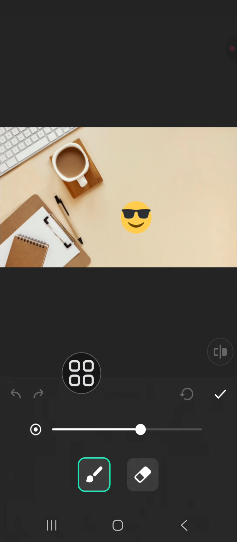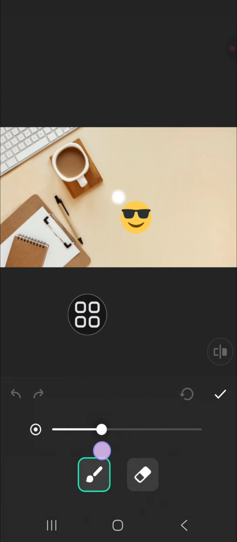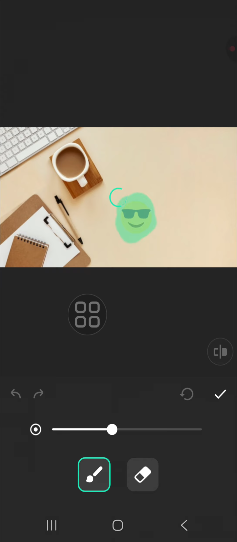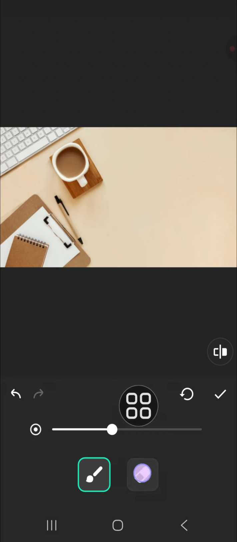So here I'm just going to use the basic, and you can adjust the size of the brush right here, and you can brush the object that you want to remove. Okay, and just wait for a moment. Okay, and as you can see, guys, the emoji has been removed from my photo, and you can also